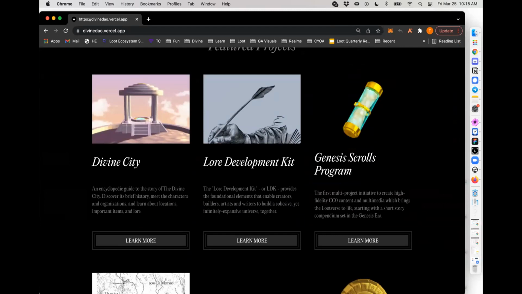There's this LDK. There's a Genesis Scrolls program that we've been working towards, which is a multi-project CCO initiative to give no-strings-attached grants to writers to bridge them into Web3 through the Lootverse. To bridge in a writer who's like, I don't even know much about Web3, but I love fantasy, I love sci-fi, and I want to write here. The Genesis Scrolls program is going to have about 100 ETH in a multi-sig. And with that 100 ETH, we're going to create prizes, rewards, encouragement, and grants for writers and media creators to come create these stories together.